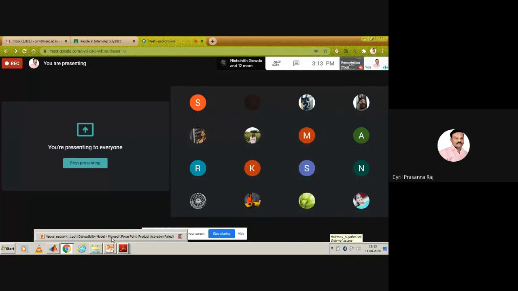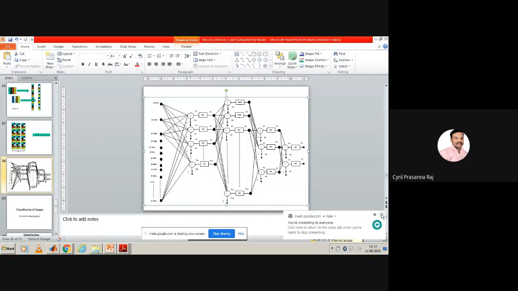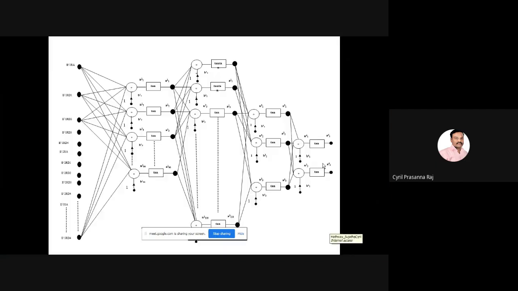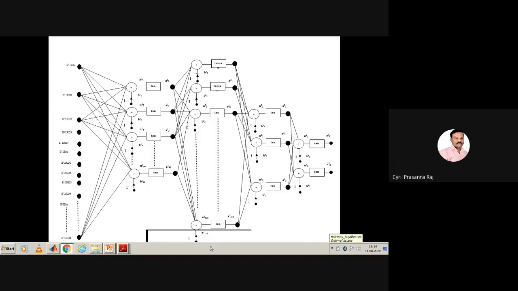Yeah. So let us understand some of the important concepts today. Then we will get into the project. So if at all my screen is not visible, let me know. Okay. But yeah, this is what we are going to discuss today. So I'm just trying to tell you what a neural network is all about.